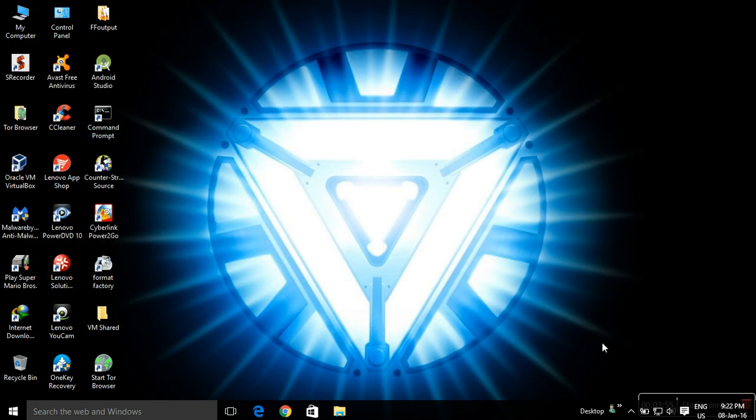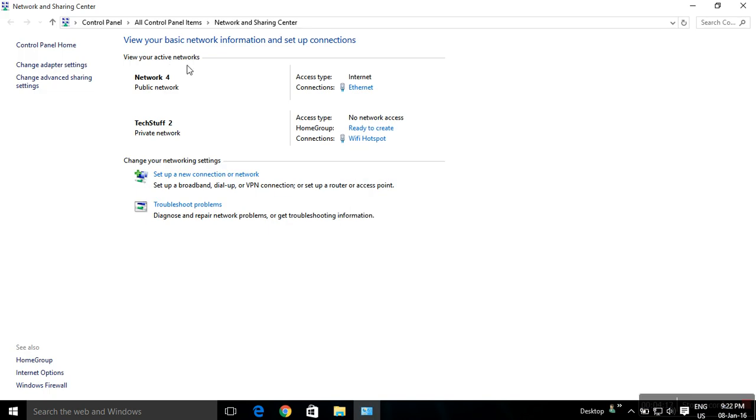exit this window, and now you have to open network and sharing center, which you can open by right clicking this Ethernet icon here and open network and sharing center. Just click it and you will see your Wi-Fi hotspot and your internet connection which you are connected to via Ethernet.